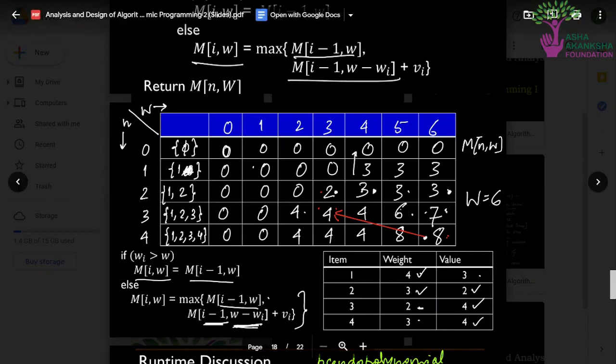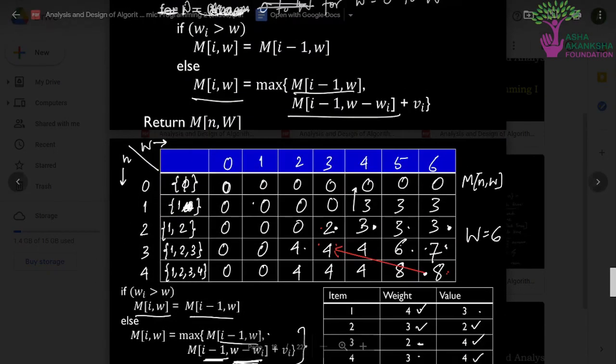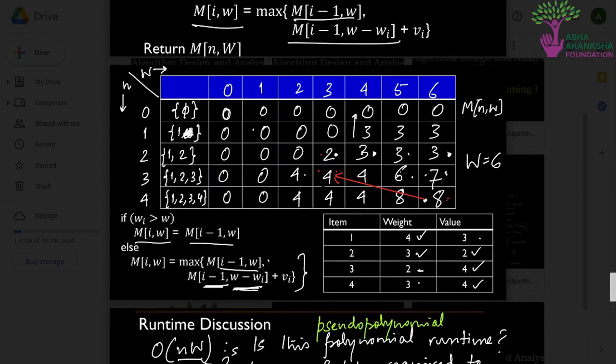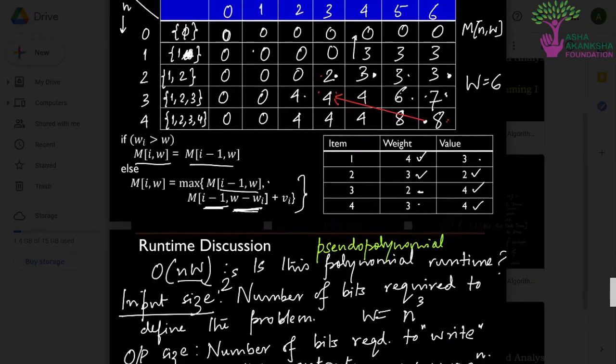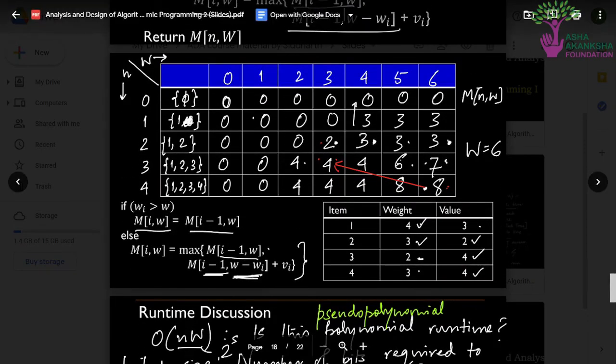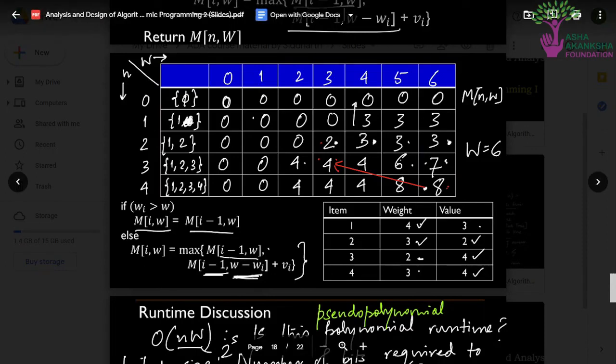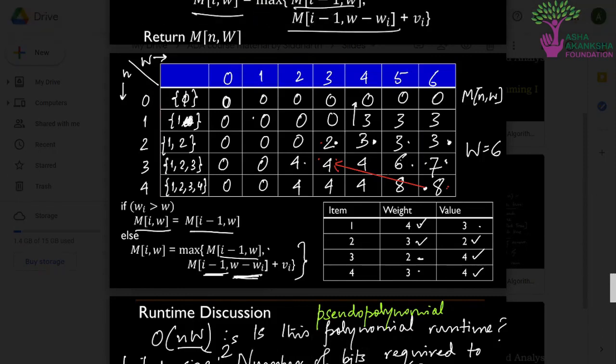You apply the small algorithm which we have discussed many times here, and you will be able to find the next element which we actually considered while filling the main matrix. So, in backtracking, if wi is greater than w, then we just take the element which is above the current cell. Otherwise, whichever one gives us the maximum value, we go to that cell. That element must have been the element which was selected.